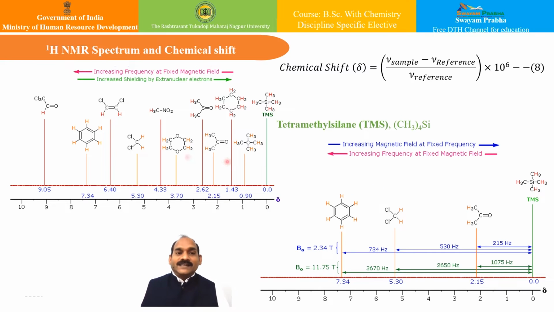So now let us try to understand the H1 NMR spectrum and the chemical shift. This chemical shift term is very important in NMR spectroscopy if you would like to solve the numericals based on your knowledge in NMR spectroscopy. Previously, we have seen infrared and UV visible spectroscopy. Unlike infrared and UV visible spectroscopy, where the absorption peaks are uniquely located by a frequency or the wavelength, the location of different NMR resonance signals depends on both the external magnetic field and the RF frequency.